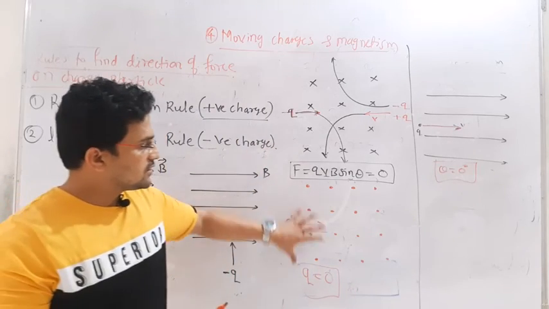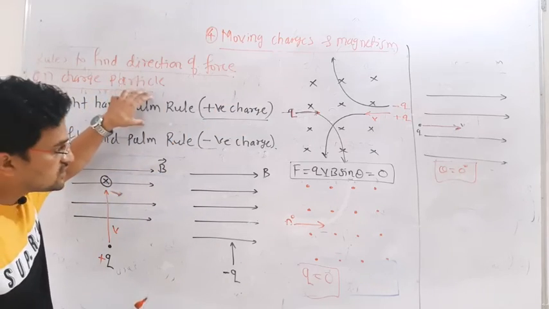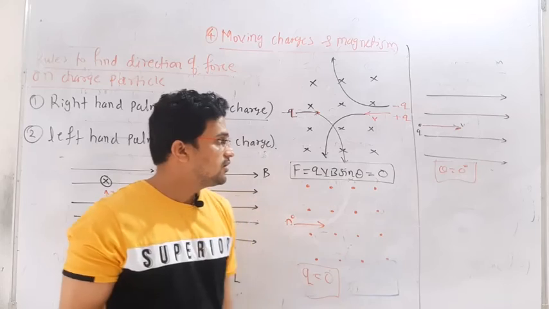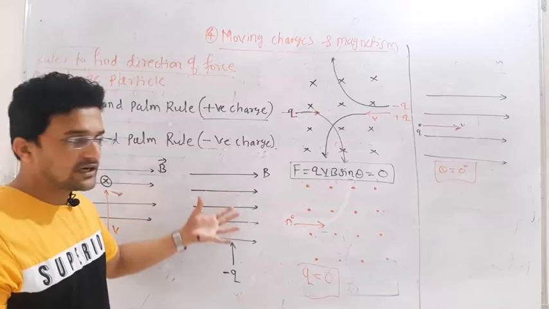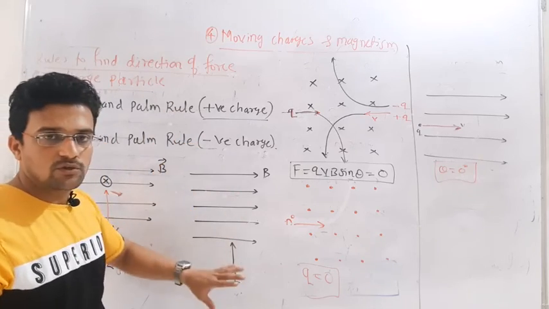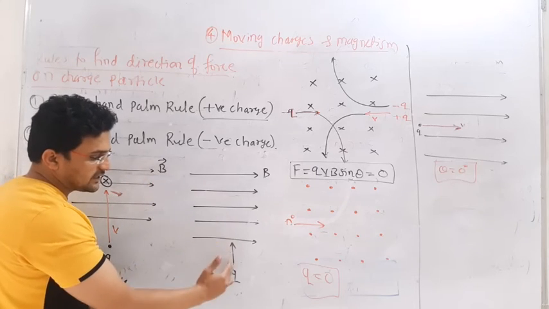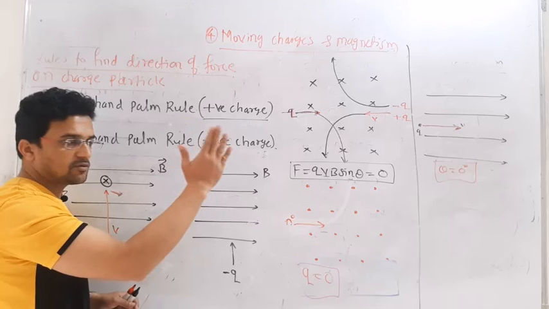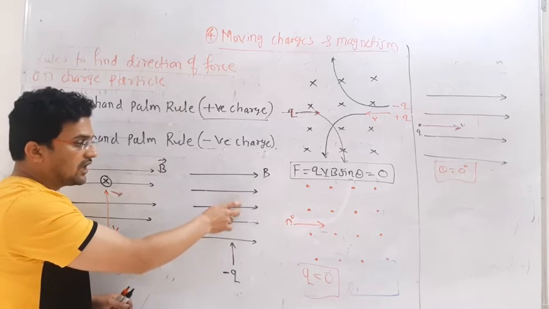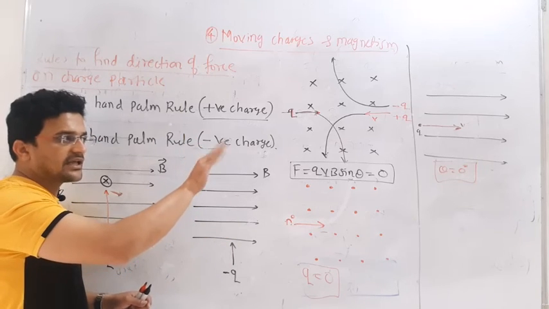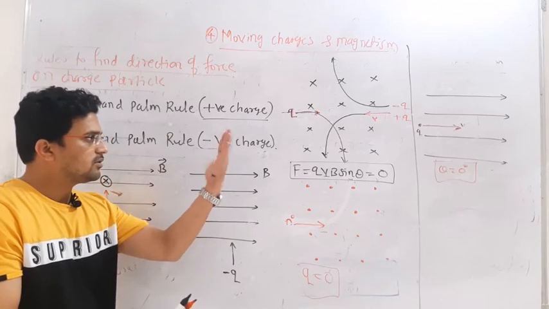So these are some representations and the rule to find out in which direction the charged particle will deflect. Practice this. Use the left hand for a negative charge and the right hand for a positive charge. Point your hand in the direction in which the charged particle is entering, depending on whether it is positive or negative, and curl or bend all the fingers in the direction of the magnetic field.